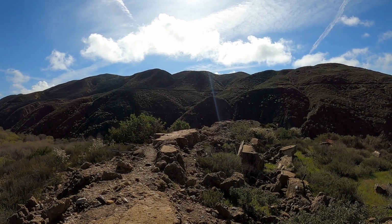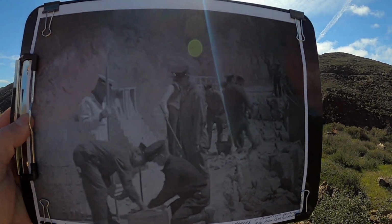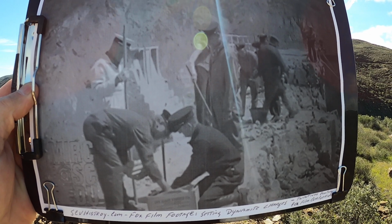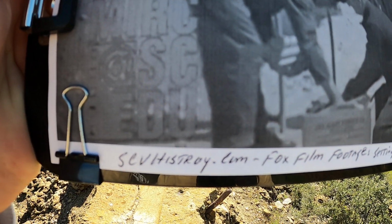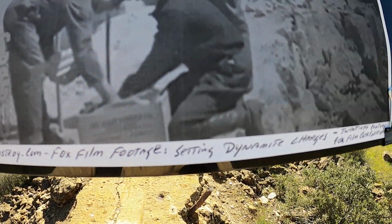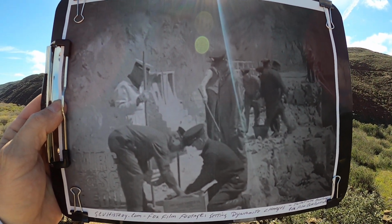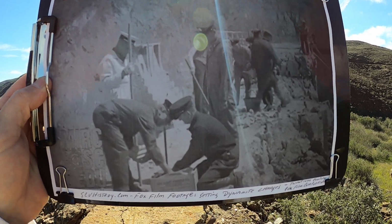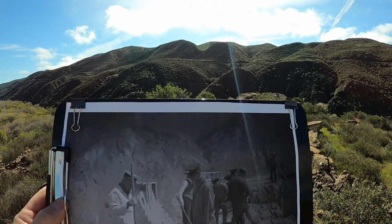when, after the dam collapsed, they were blowing all this up. So here's a picture, and I got this picture. It's a silent reel, and this is where you can find it. Santa Clarita Valley history. It's Fox film footage, and this is just a clip I got of it when the workers are setting dynamite charges, and you can see them, and they're probably just about in this area,